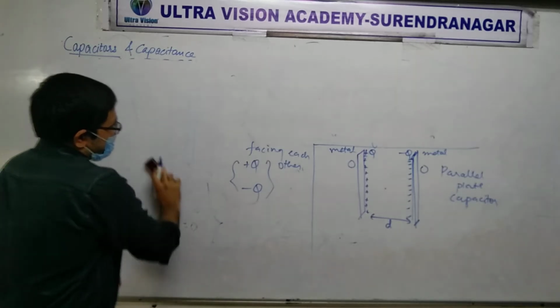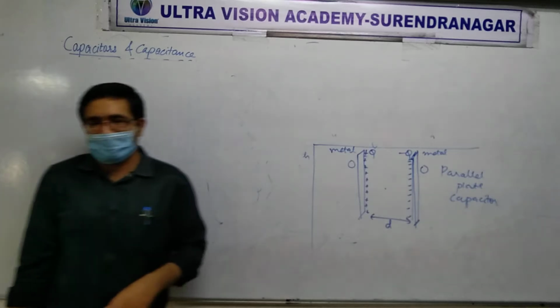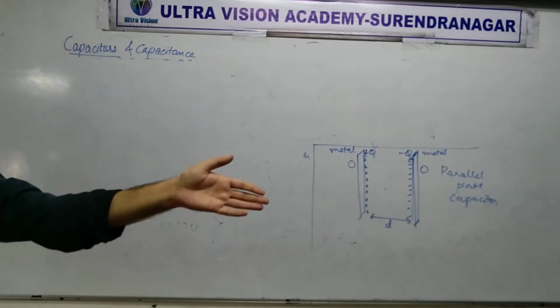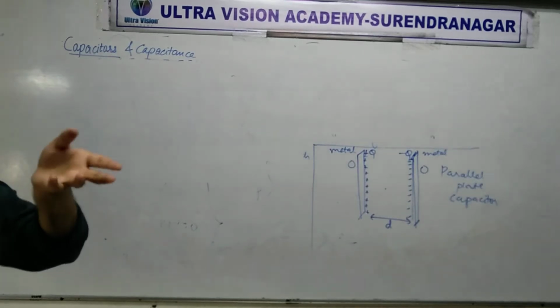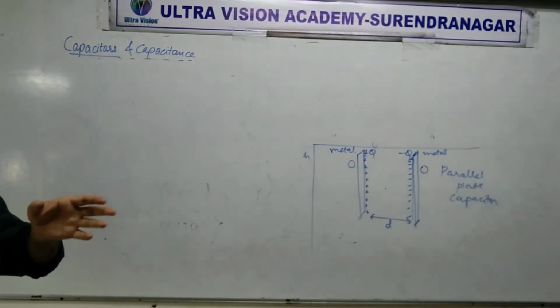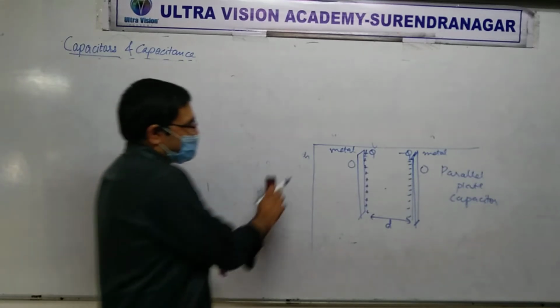Do you remember the question we solved yesterday? If you have the solution with you, it was not 0 on the outer sides. I think it was Q by 2 and Q by 2, minus Q by 2. Yes or no? Sure? Okay, so we get something like that in some cases, not always.